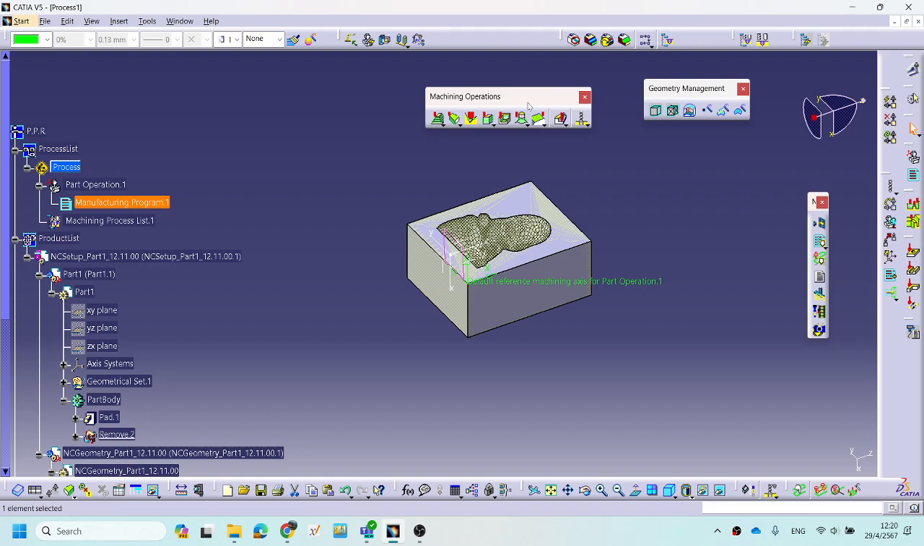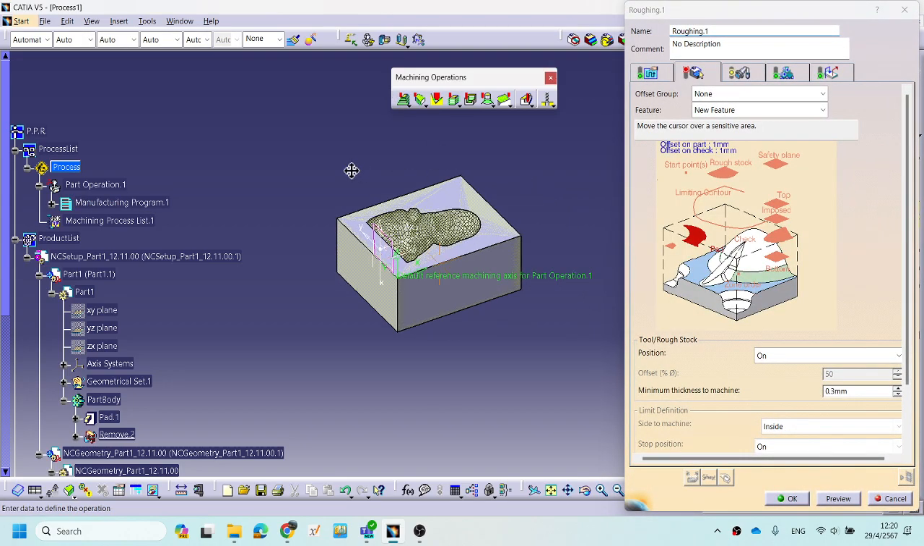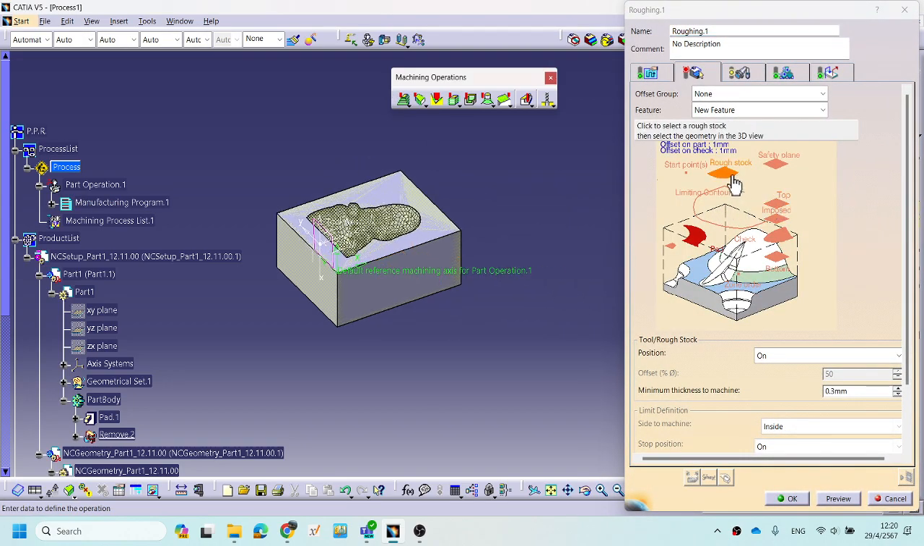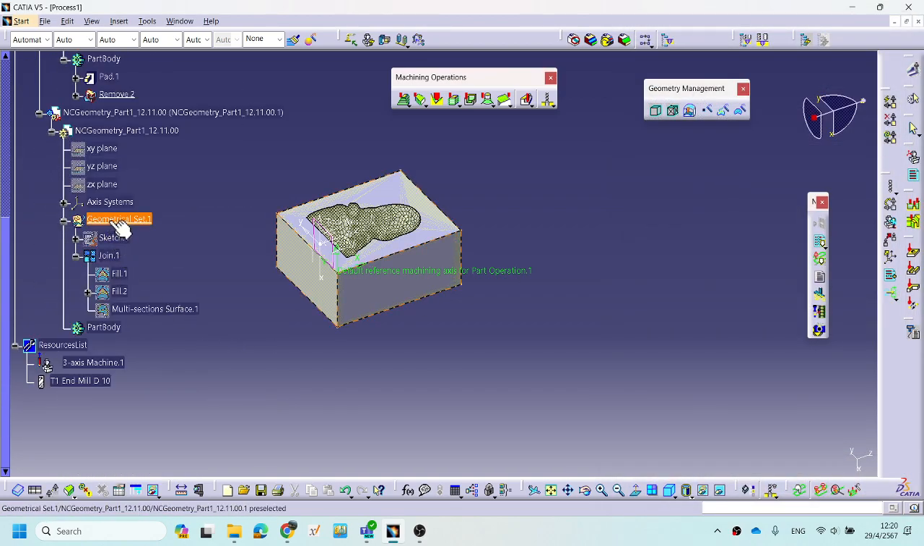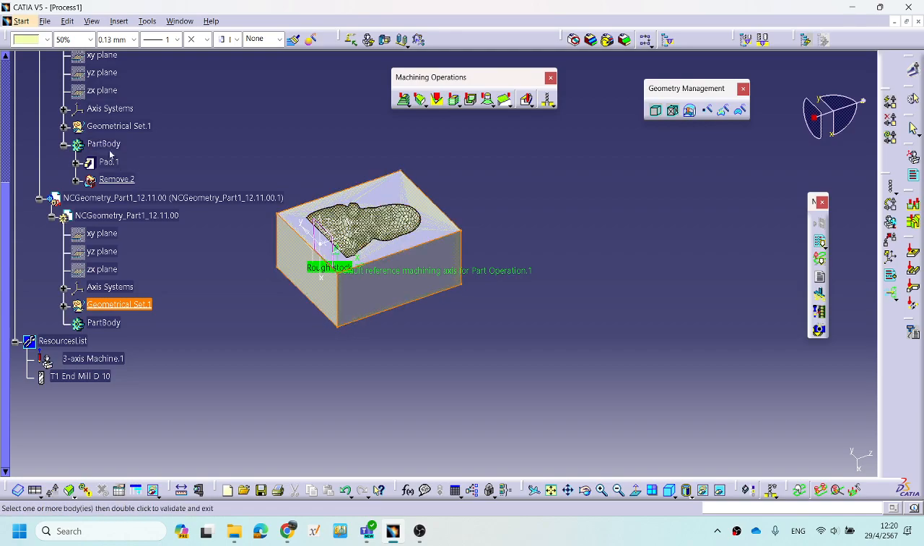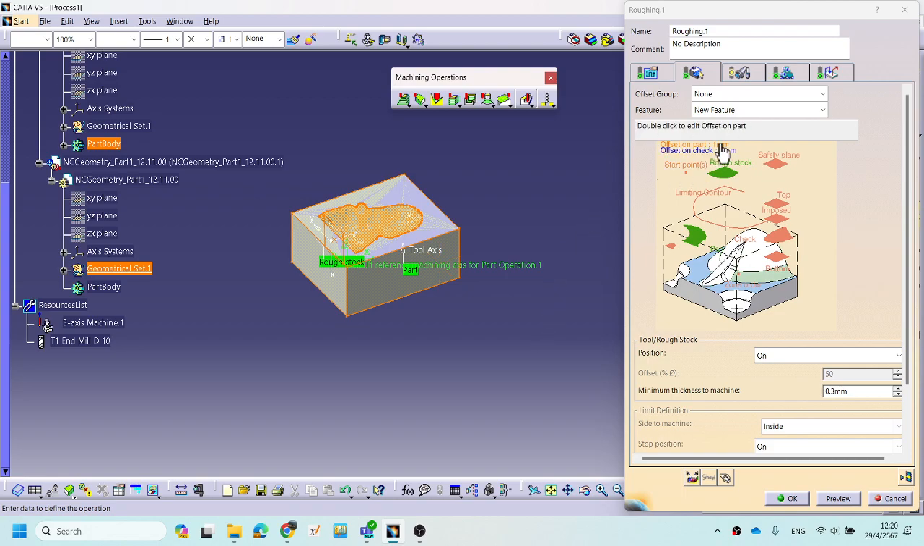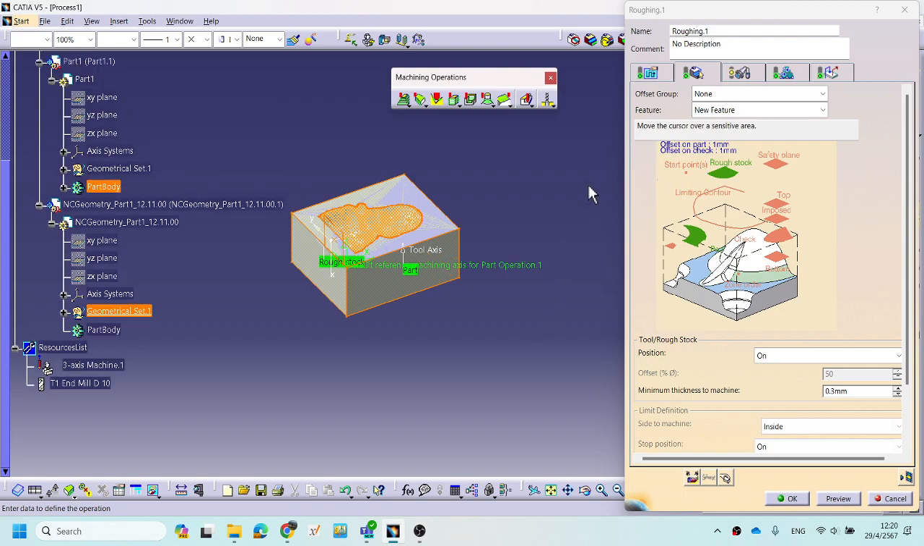Machine your part is cutting the material. The raw material is cut by the machine, right? Okay, right now you're ready to set up the operation. Okay, click on operation number 1, roughing. Here the roughing stop. Select on this geometry set and part. Click on the part body, and the offset on part is not